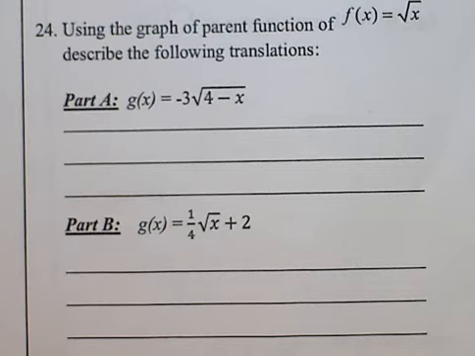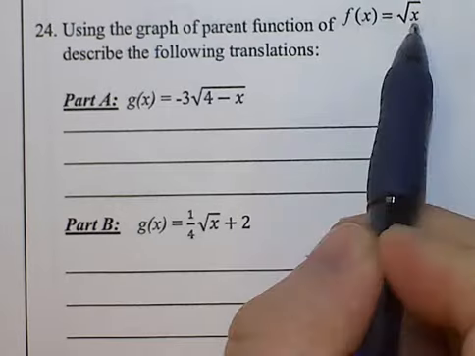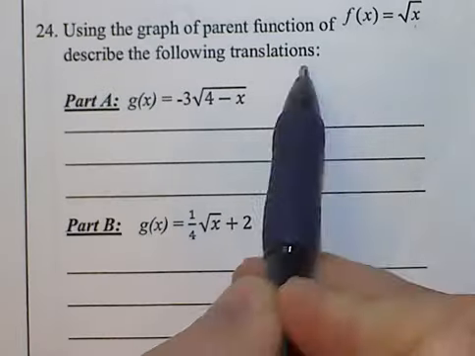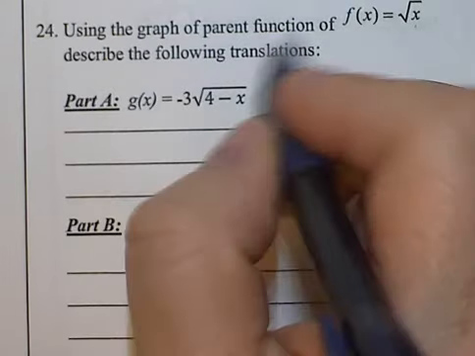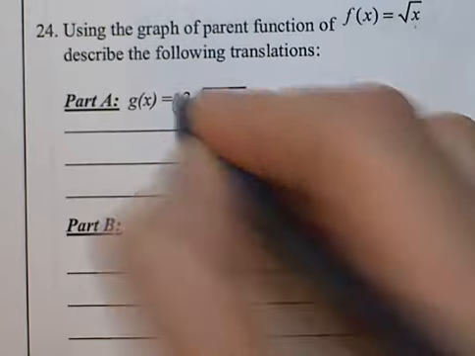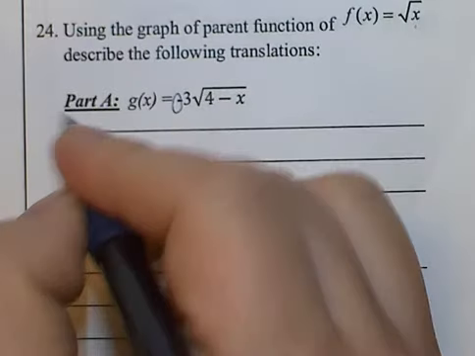From the Unit 7 review, or the radical review, we're going to do problem number 24. It gives you the parent function and asks you to describe the translations. So some of these are obvious and some of them not as obvious as normal. So hopefully by this point you understand that a negative in front represents a reflection